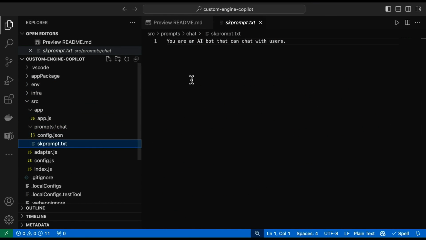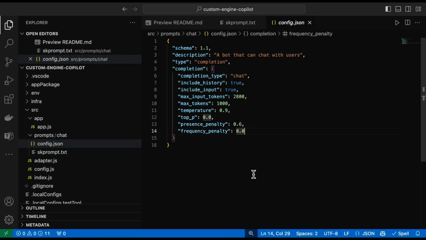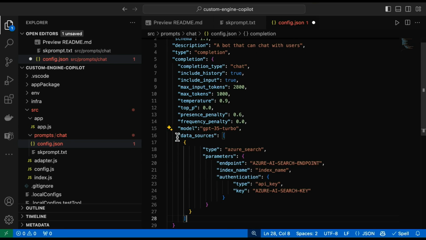So effectively, in VS Code, what you're looking at is your instantiation prompt and the specifics of the project and the package that you need to deploy. Like, for example, do you need a specific model? What's the OpenAI key? Once you specify those in your project, you can deploy that as your custom engine copilot.